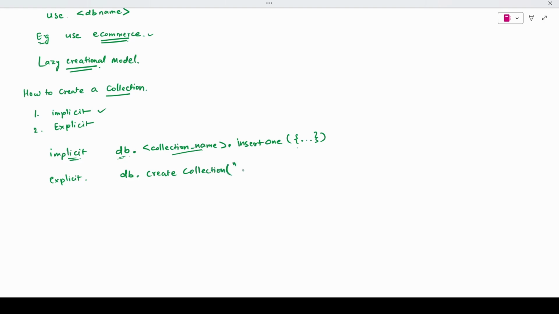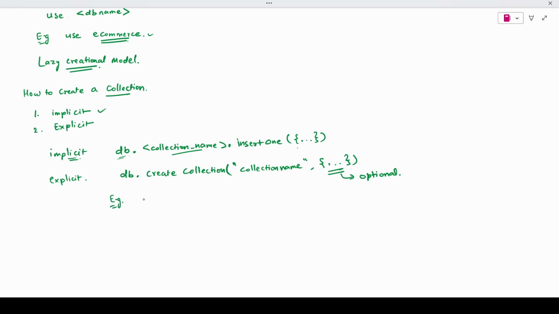Now in this method we are going to provide our collection name. So this is the collection name, and then the options while creating the collection. This is optional in nature. Like if we omit this option while creating the collection, it will be working fine. So I hope you got this concept at the particular moment,